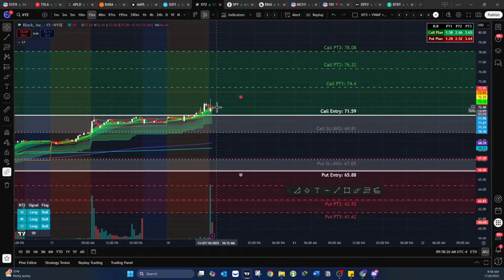APLD, another 20% banger. Oh my God, guys. APLD is moving. All right, let's see. I'm going to update this chart right here. Chart updated, XYZ trade plan from 7/8/25. So again, I updated the chart right here on the app. You're going to see the update right here in probably a second or two. There you go, chart updated.